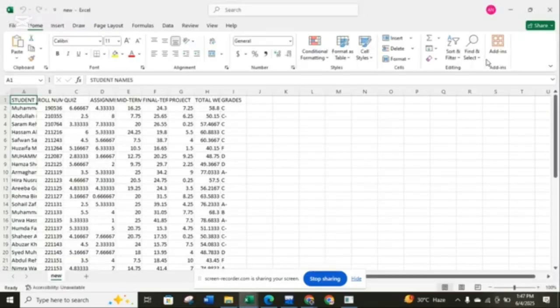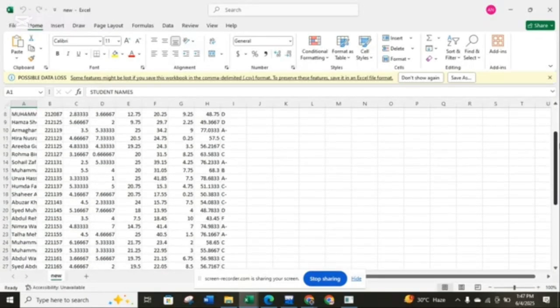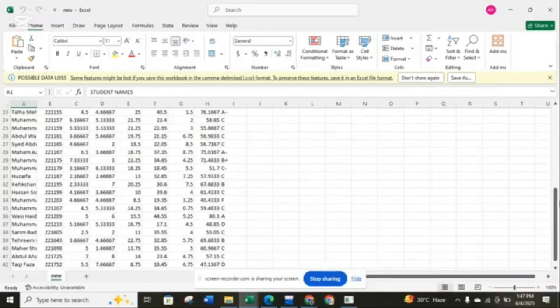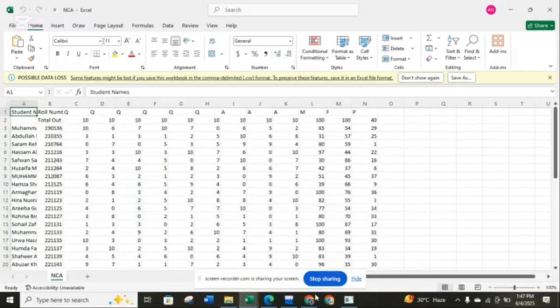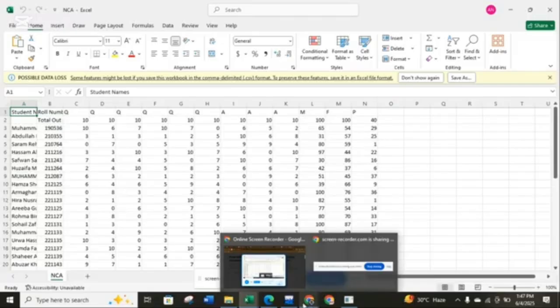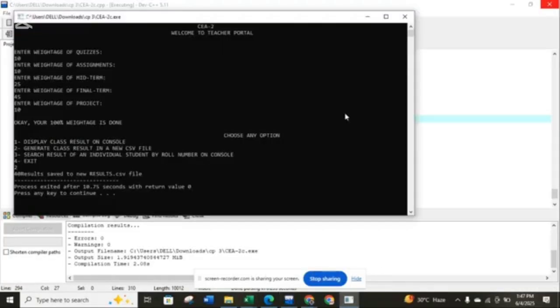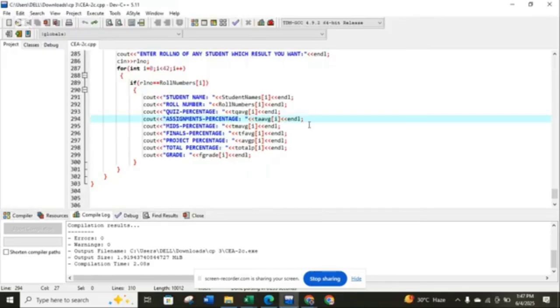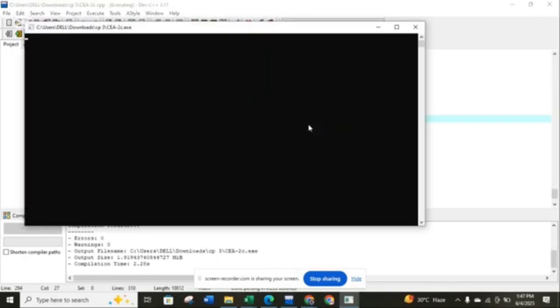Now save the file. And one more thing, all the code programs and programming files, including the NCA file, should be saved at one location, in one folder. Make a folder on the desktop and keep all the files of this code in the same new folder, so that it is easy for the code execution to take the data from only one place. If the NCA file is in another folder, like the C drive, and the execution file is on the desktop, there will be an error. File handling is the most major component used in this code,